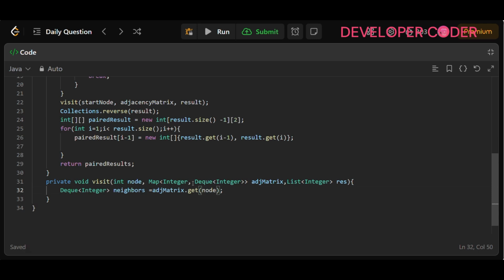okay, now after that just going to run one while loop, and in the while loop I'm just going to check neighbors while neighbors is not equal to null. Okay, this condition, and neighbors is not empty. Okay,